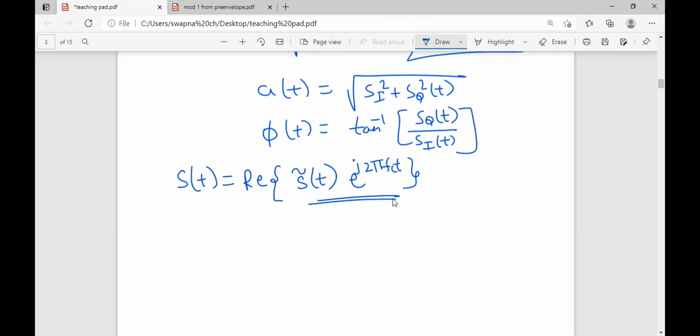Everybody knows this equation, right? This is not the new equation, we have already seen it. Generally, from the pre-envelope we derive this s of t. I've shown you in the previous classes how we get this s of t from this s tilde of t. So this we can write as